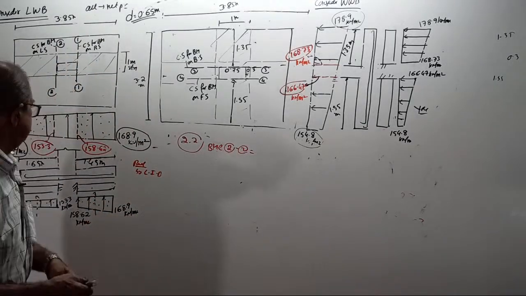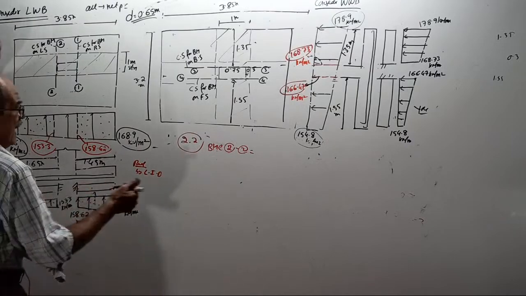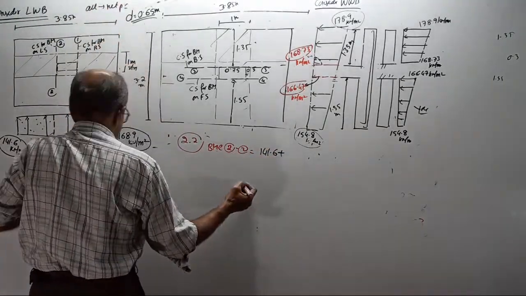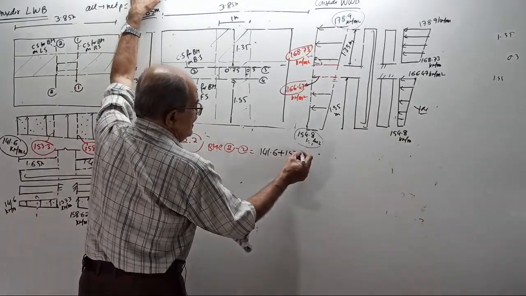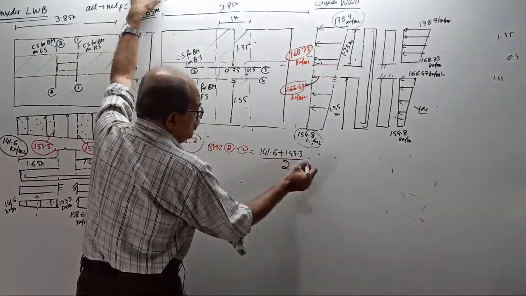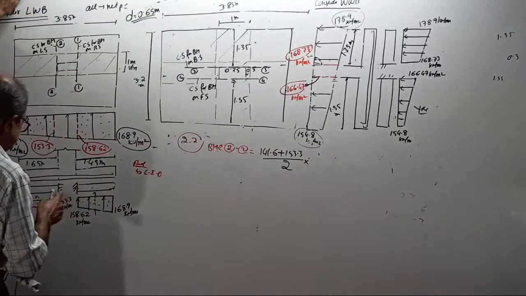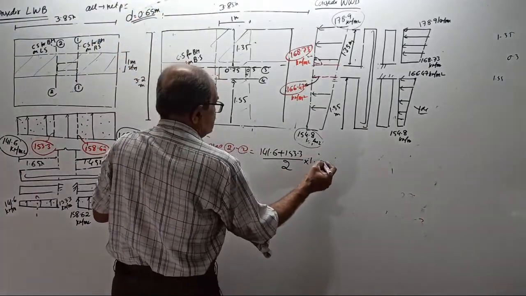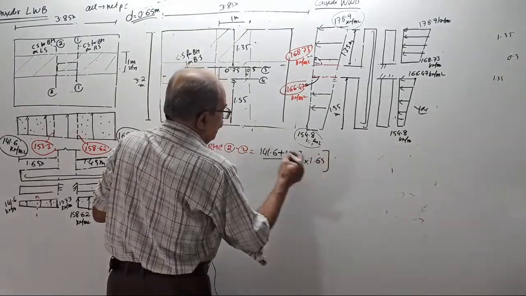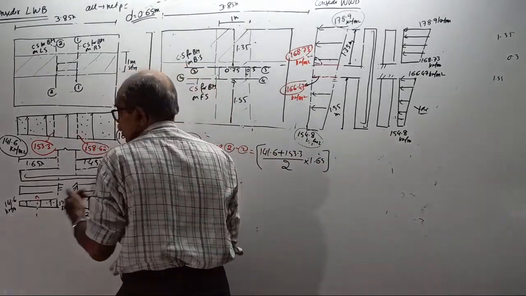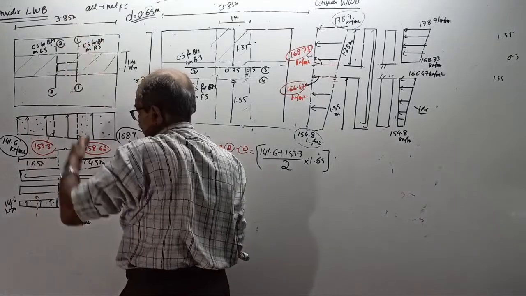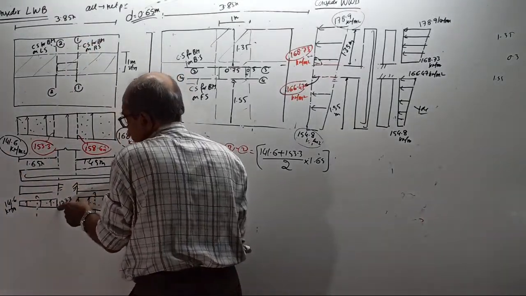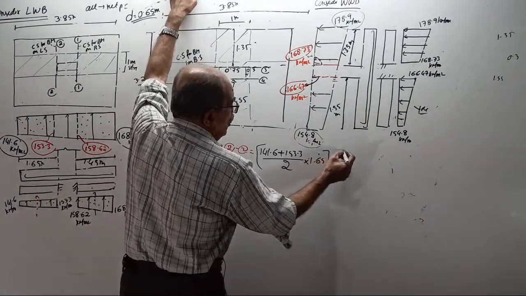Okay, start. Sum of the two parallel sides, 141.6 plus 153.3 divided by 2, into distance between the two parallel sides, 1.65. Remember, when you finish this one, this will give you total load into this distance. From here I want, so start from there, into